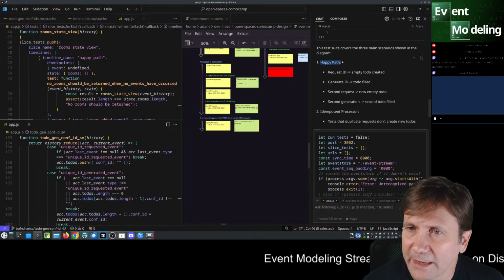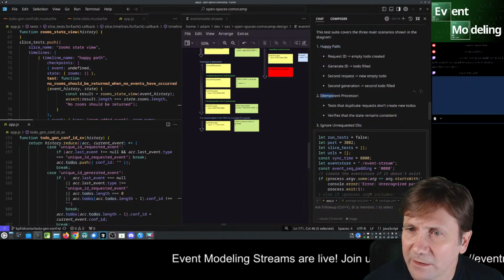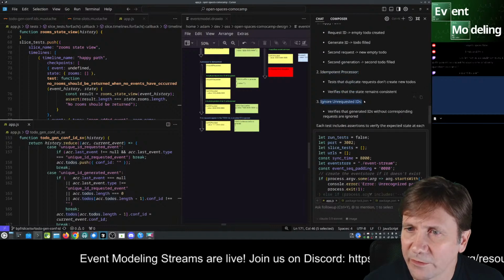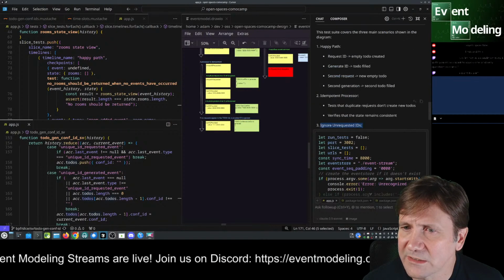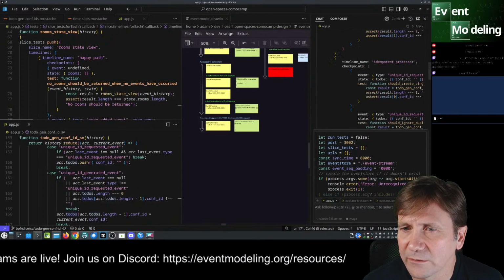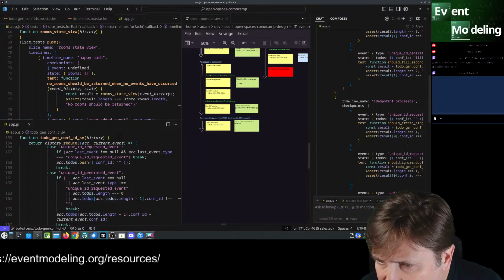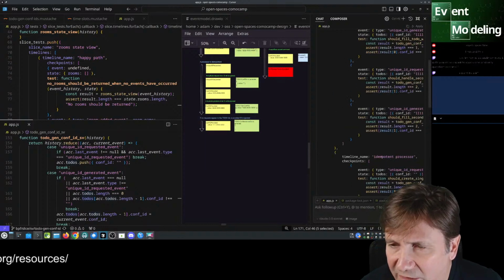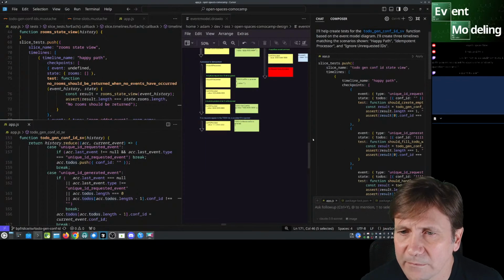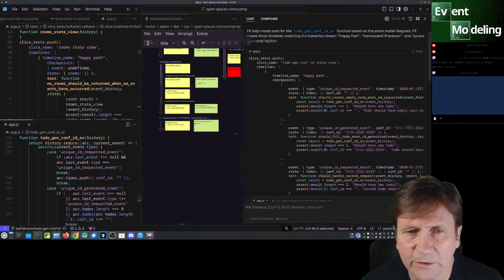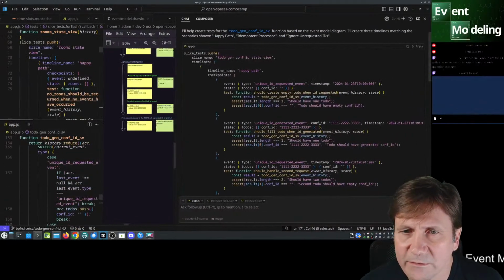So happy path, idempotent processor, ignore. Okay, it's got three. This is crazy. It did do it. Why is this in here? Collapse. Why was that? Oh, I see, I clicked on that guy. Okay, let's open this up a little more here and see what we have.